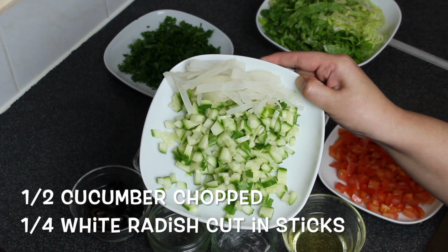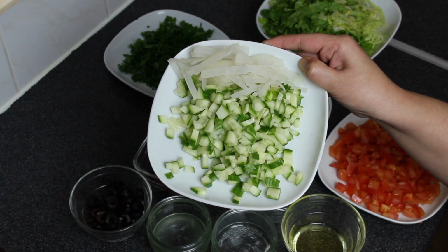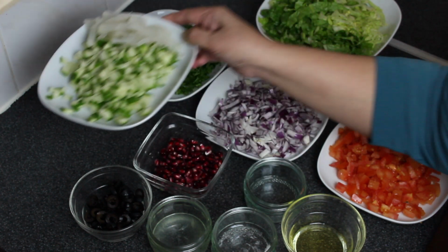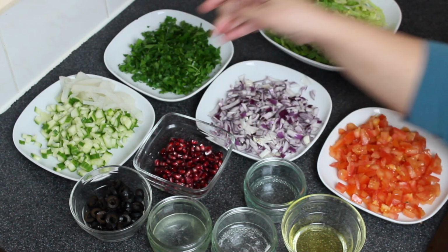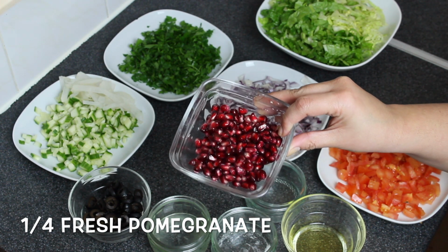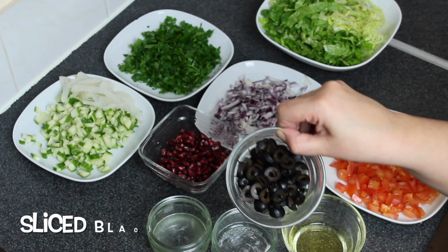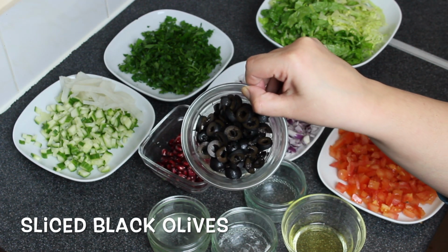half a cucumber chopped, and a quarter white radish cut into sticks. A quarter fresh pomegranate already extracted, some sliced black olives,